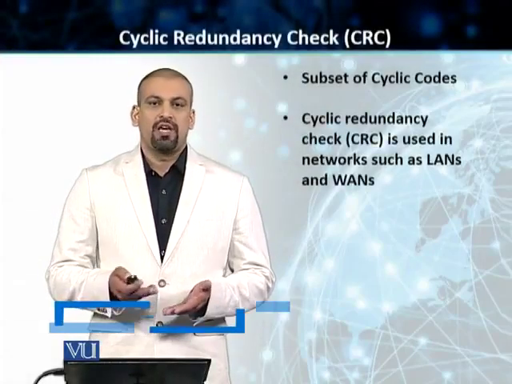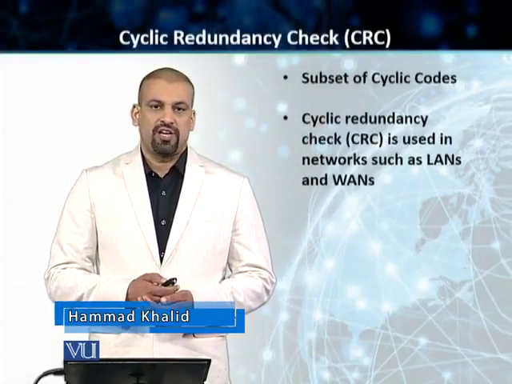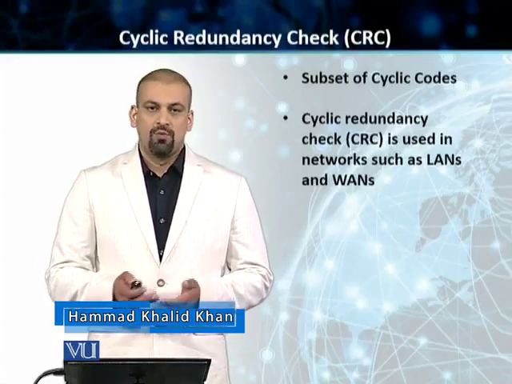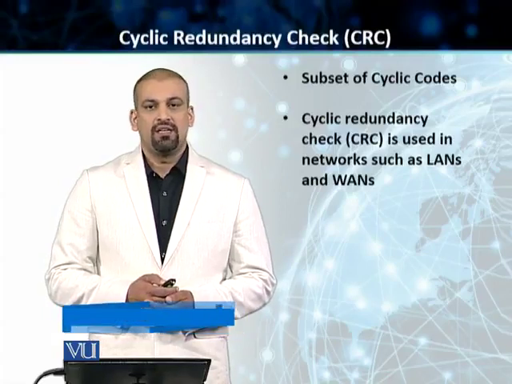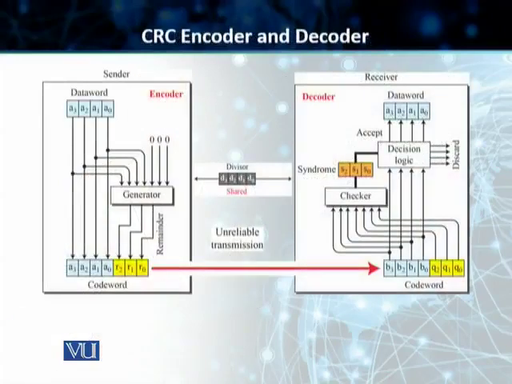Students, discussion is going on about the cyclic redundancy check or the CRC, one of the most common forms of cyclic codes that we use in the LANs and the WANs. Students, in this slide I told you how on the encoding side the sender encodes the data word into a code word, and then how on the receiving side this code word and the appended bits, 3 bits, are checked, and based on the syndrome we decide whether to keep or discard the data